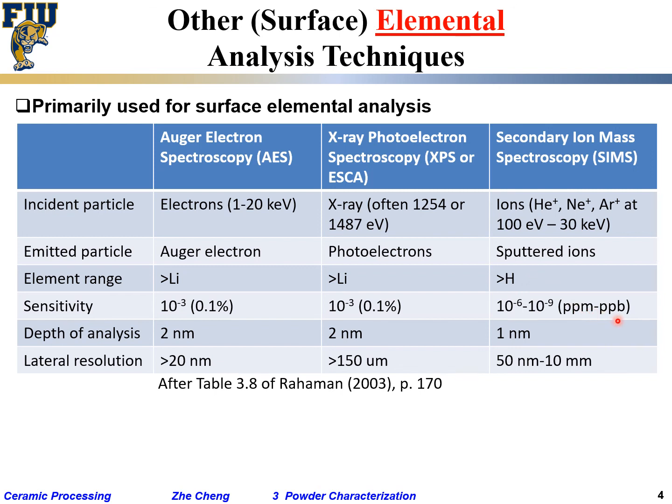It is extremely sensitive, down to ppb, parts per billion. Essentially, SIMS is too powerful. Believe it or not, you can see almost anything with SIMS. That's its disadvantage, but the advantage is that it is very sensitive. The depth of analysis is 1 nanometer, and spatial resolution goes from nanometers to